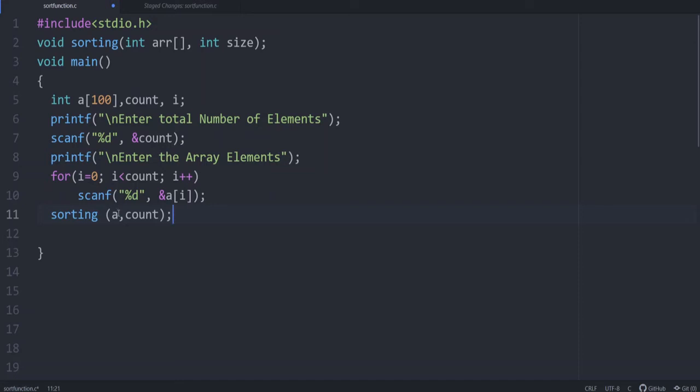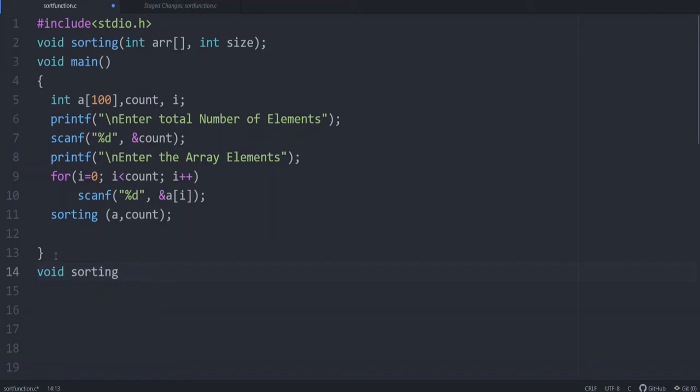Here you need to remember that when you give a function call, even though it is an array, there is no need to give a square bracket here. You just mention the name of the array. So the function call is over, the function declaration was given earlier, and now the main function is complete. Now the only thing remaining is writing the function definition. So let's proceed with the function definition.